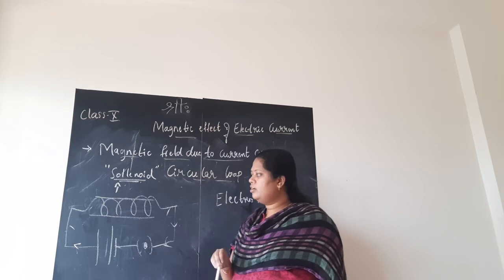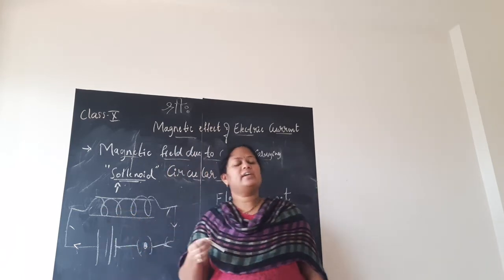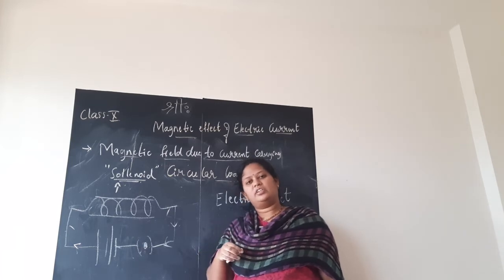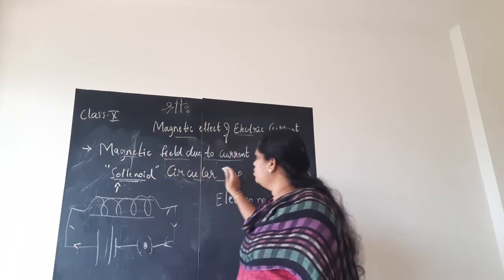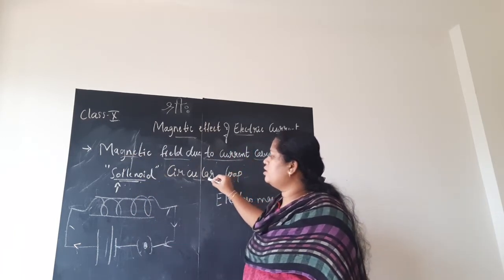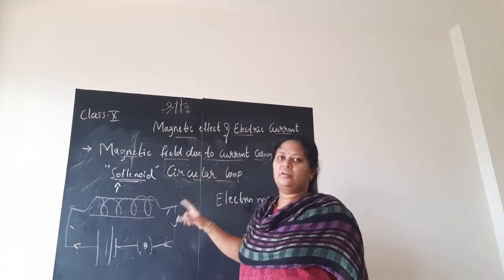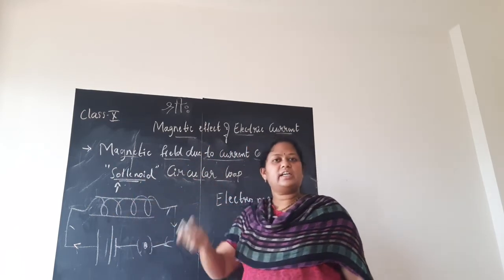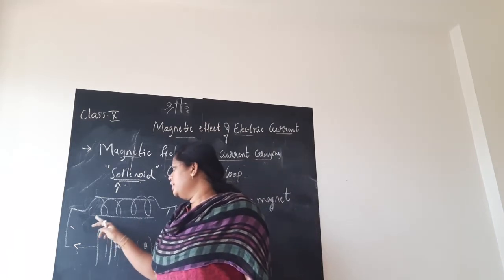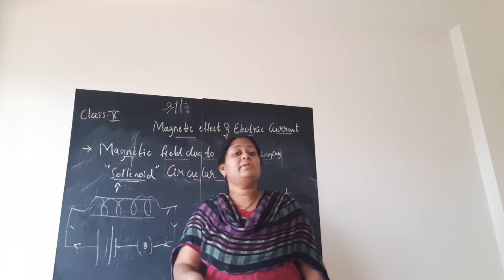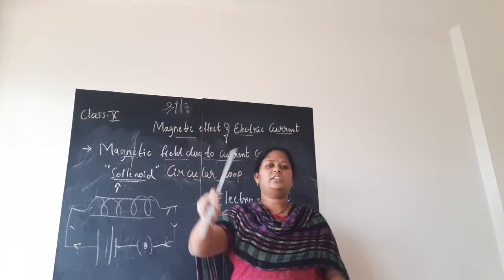Next is the solenoid. So now we all know that a current carrying conductor produces a magnetic field around it, children. This solenoid is another form of loop. First we studied the straight conductor and the circular loop. Now one more is the solenoid. If we have many turns like a spring, continuous coils, in that case, what will be the direction of the magnetic field? It's the same concept that I said.